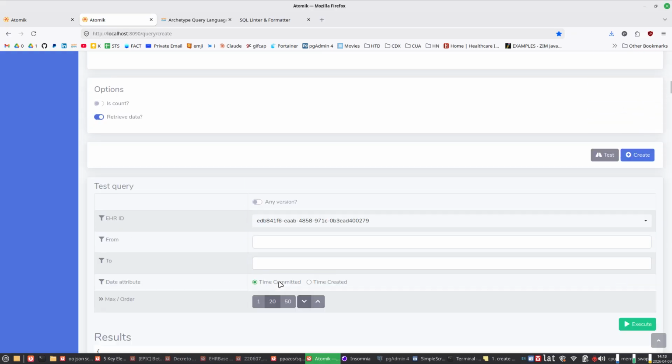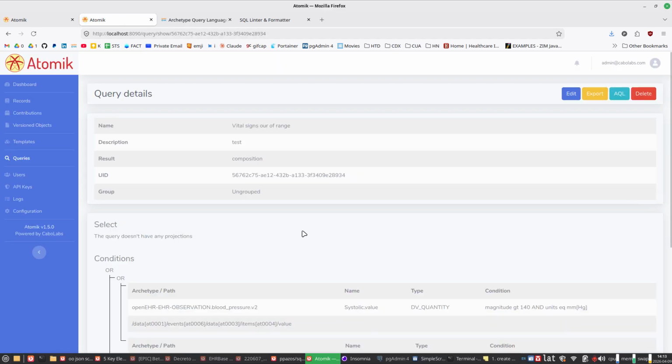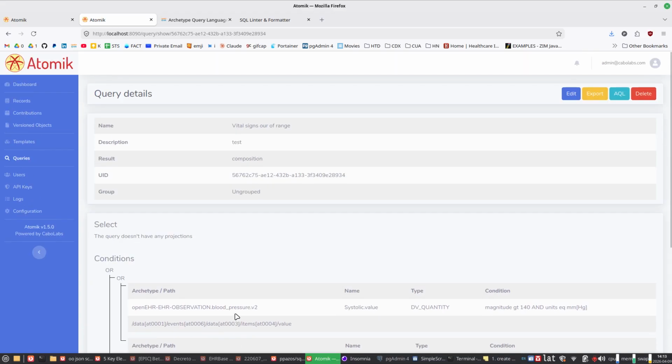So what we do now is we can just create this query, it will be stored in the database, and we'll store all the conditions that we just set. This is a very different way of working with a clinical data repository, because in general, with normal clinical data repositories, you need to create your queries in the code, recompile the whole system, and deploy the whole system again, run a lot of tests, etc. So it takes a lot of time, a lot of patience,